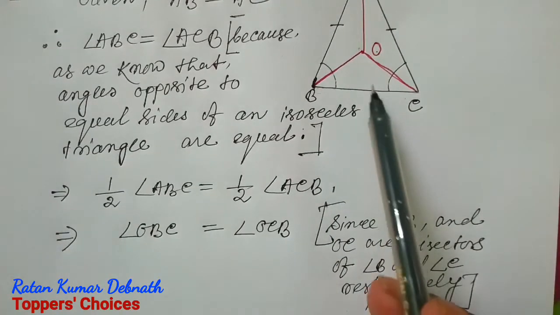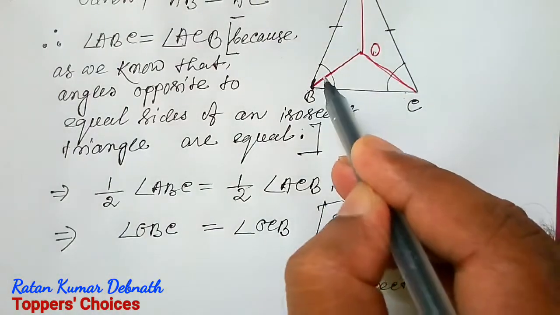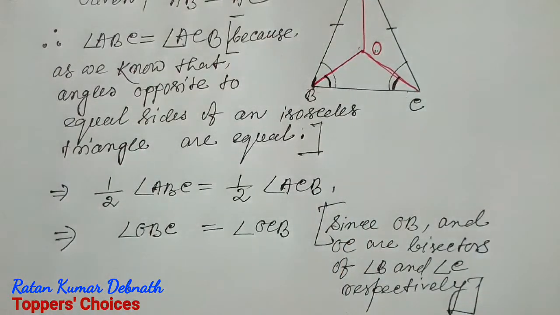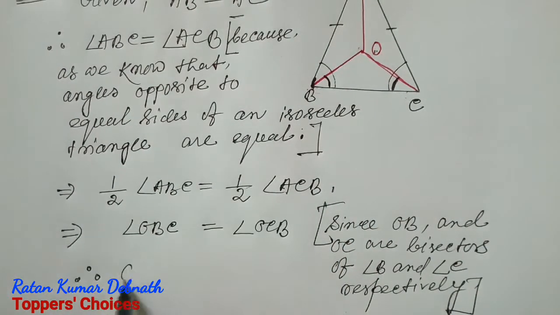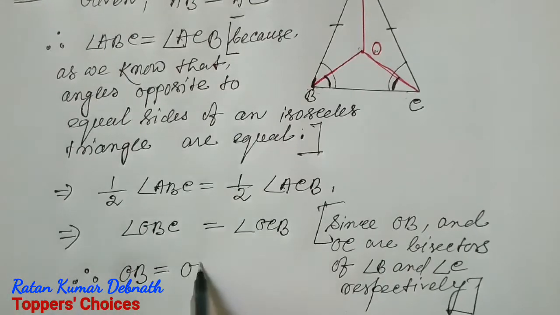So we get in triangle OBC this angle equal to this angle. Therefore, OB must be equal to OC,